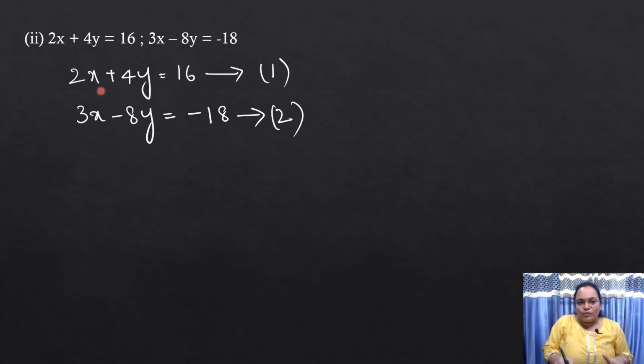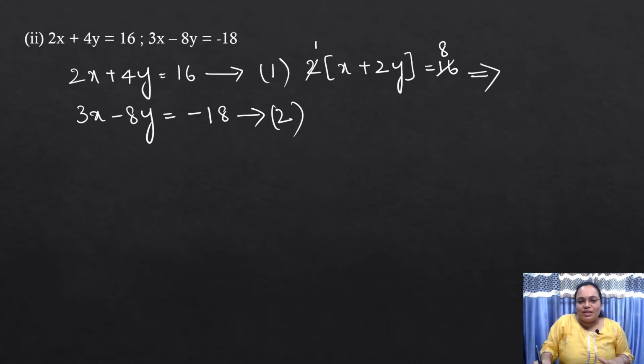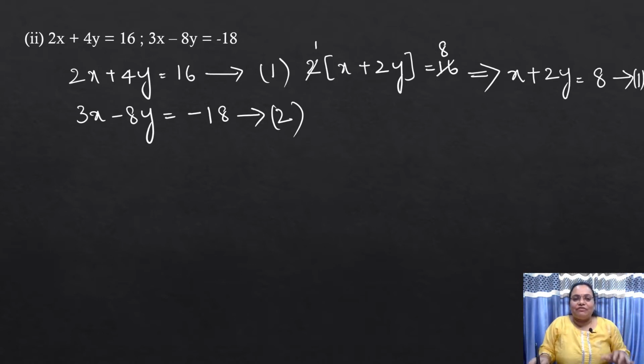See, from the first equation, 2x plus 4y is equal to 16, right? So we can take 2 common, correct? If you take 2 common, the equation changes to x plus 2y is equal to... 2 ones are 2 and 2 eights are 16. So the equation changes to x plus 2y is equal to 8. Okay, so we have just simplified the given equation so that it will be easy for us to solve the